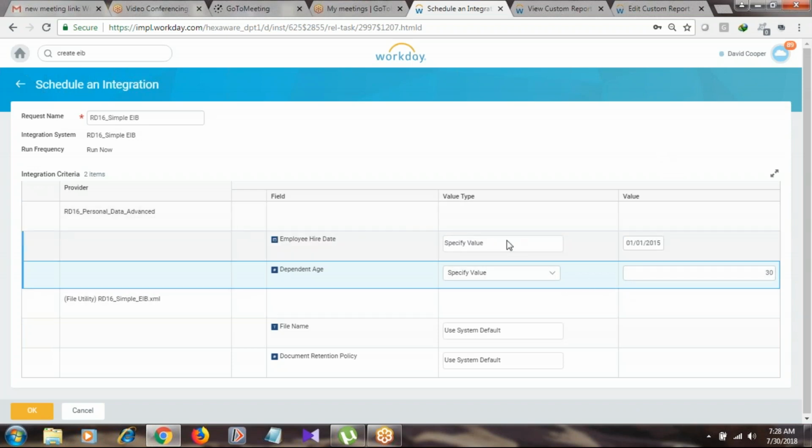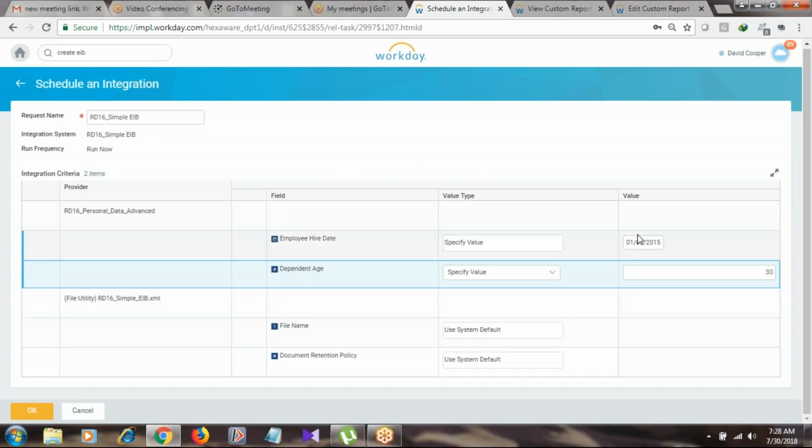Okay, we made a filter condition to choose employees whose hire date is less than or equal to the date we provided here. Similarly, if the dependent age is less than or equal to 30, then only we are filtering the employees here.